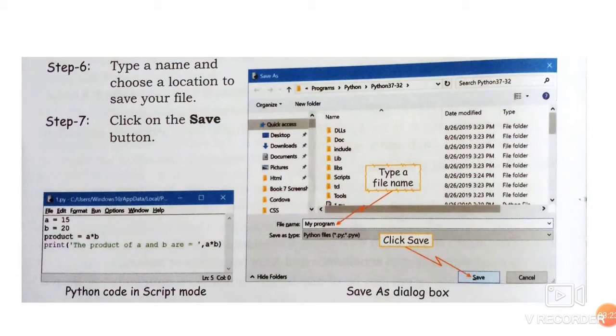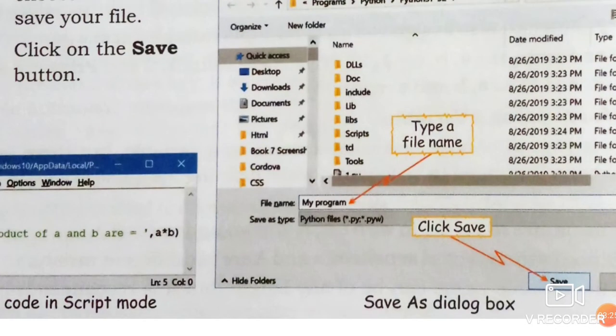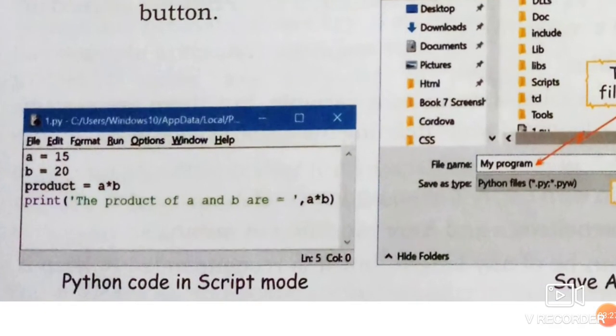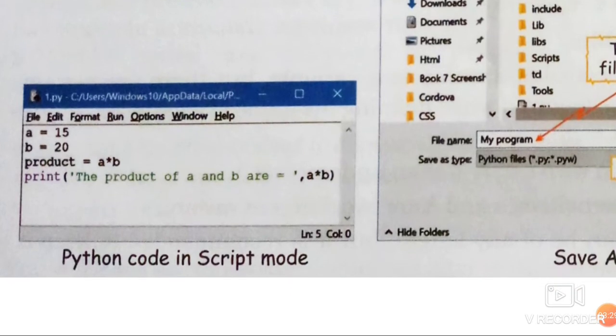This is the script mode window. When you click on the file, and then click on new file, it will open this type of Python window, the script mode window. Here you will write down the program. After writing the program, click on the file option. It will show you different menus.